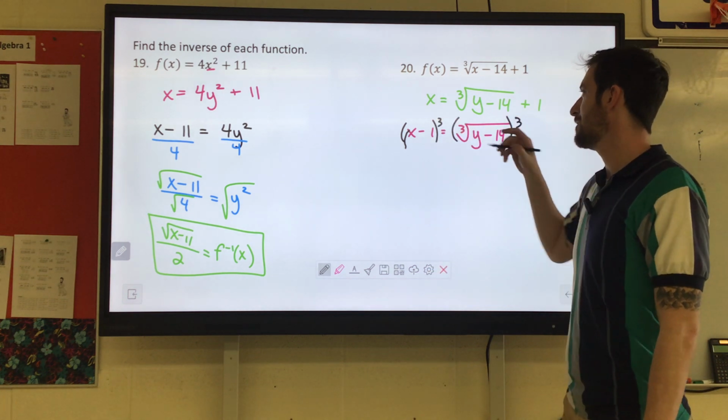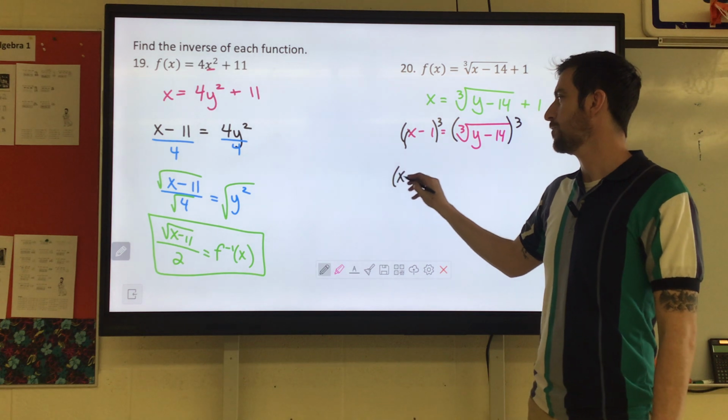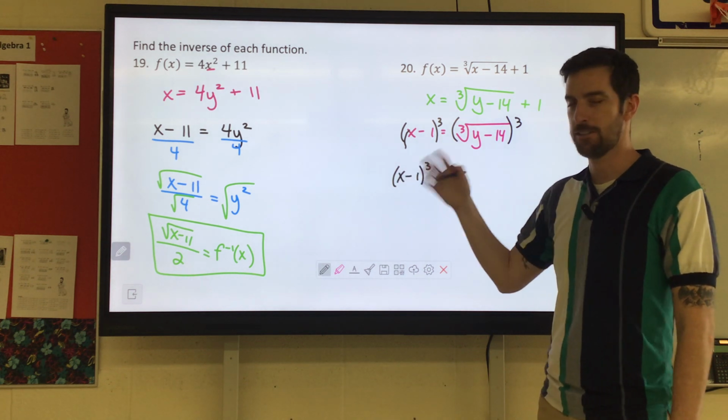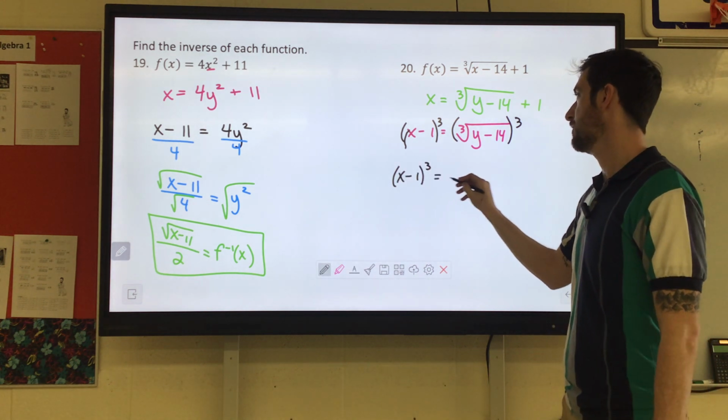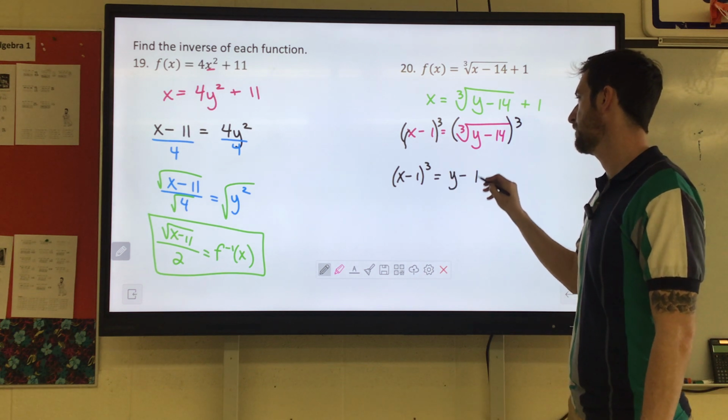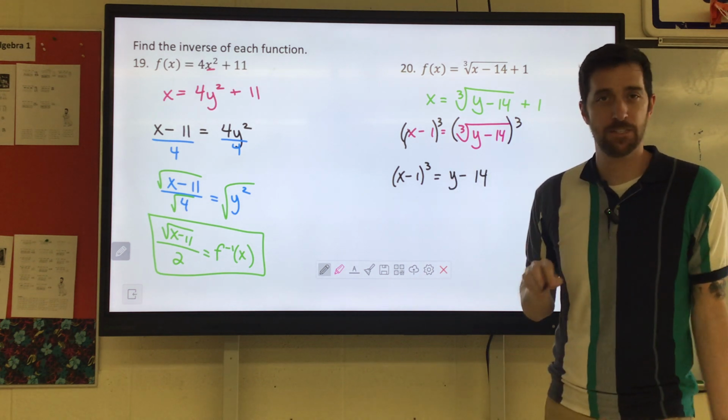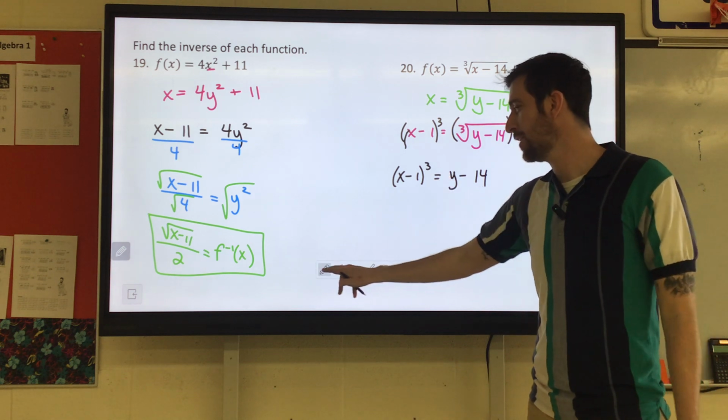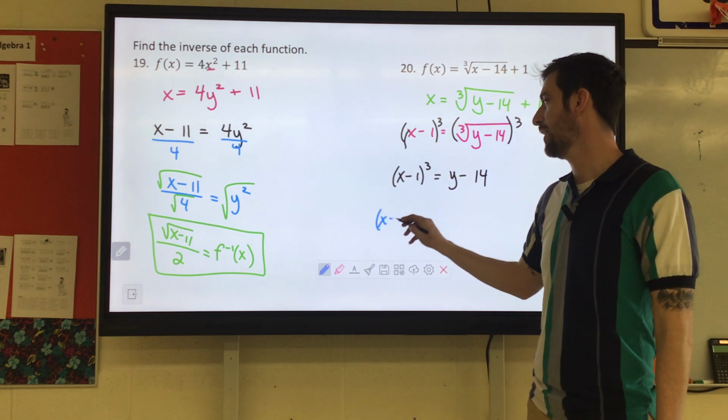Now the nice thing about this is you could just leave it as x minus 1 cubed. You don't actually need to cube that out. You could, but you don't need to. On the right side we just have y minus 14. All we got to do now is get rid of that minus 14 by adding it. So we have the x minus 1